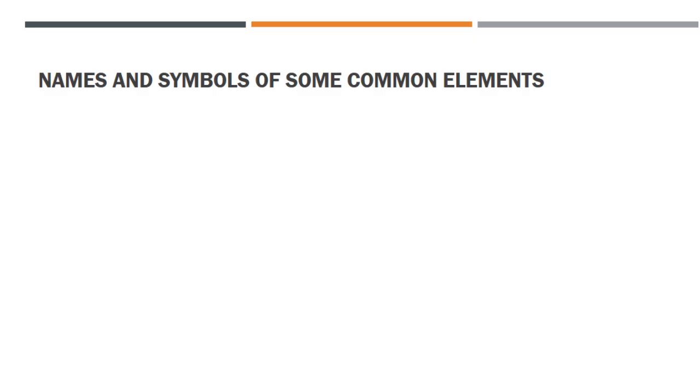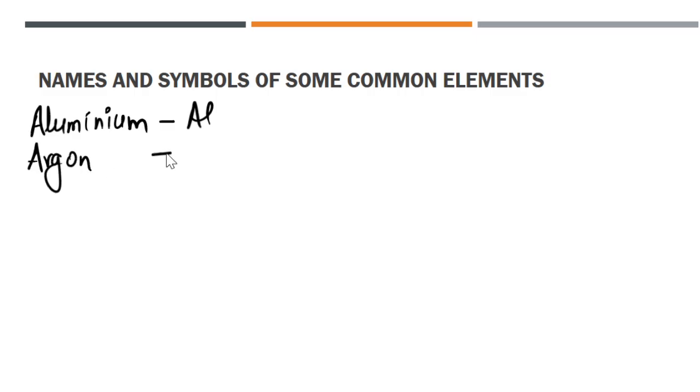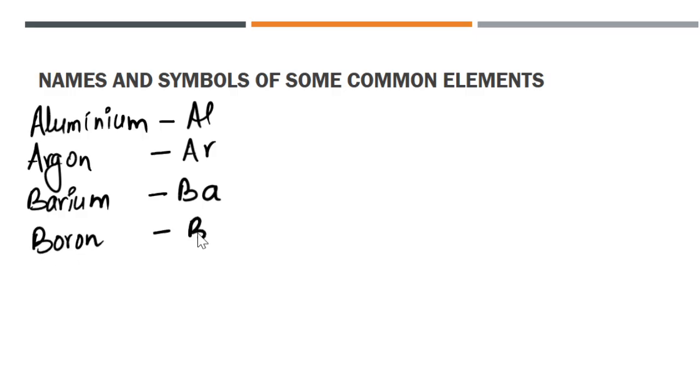So if we do names and symbols, alphabetically, I am telling you: aluminium, which is Al, argon, Ar, barium, Ba, boron, B, bromine, Br, let's go to C, calcium,